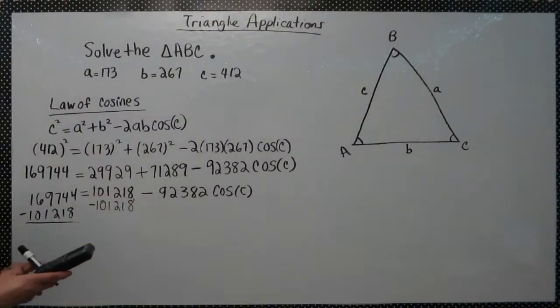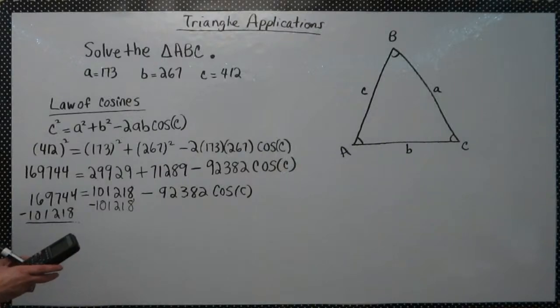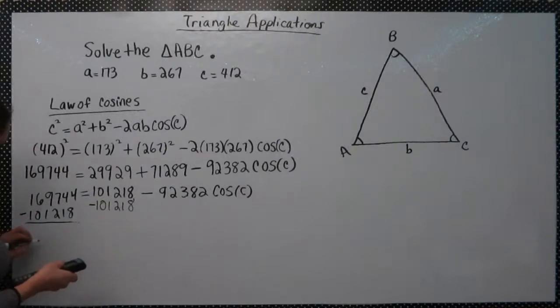169,744 minus 101,218. And hopefully this works out. And hang on, 1, 2, 3, 4, 5, 6. 1, 2, 3, 4, 5, 6. I missed a digit in there. All right, 169,744. Hang on. All right, try that again. I get